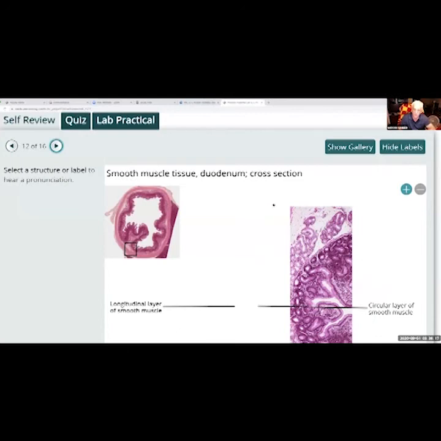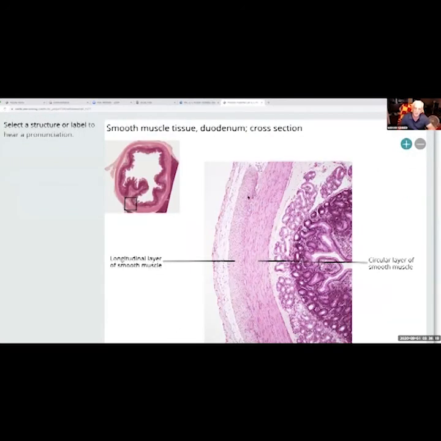Okay, this is circular smooth muscle, so it means it's going in a band. This is longitudinal, means it's running this direction. So the longitudinal is running this way you're looking at. Circular is running this way you're looking at. They're running 90 degrees to each other. Okay, but you can see there is no